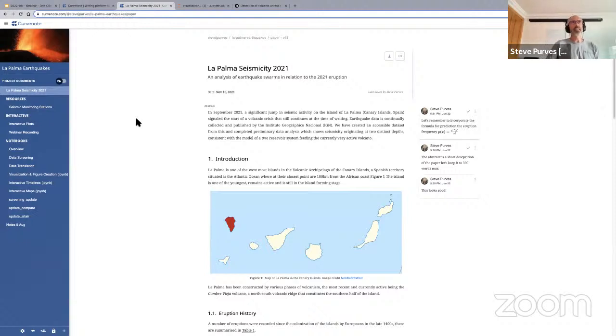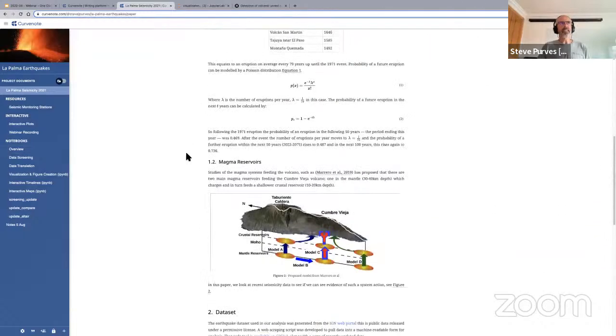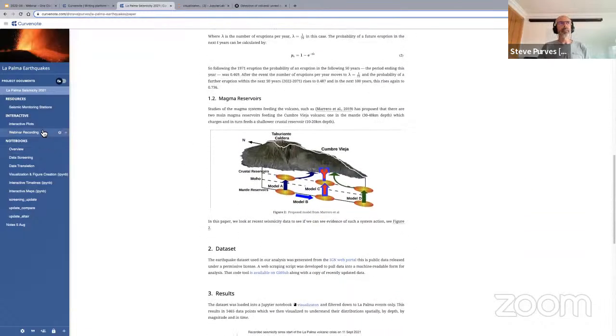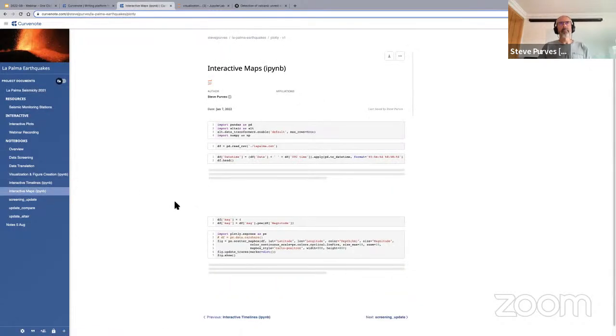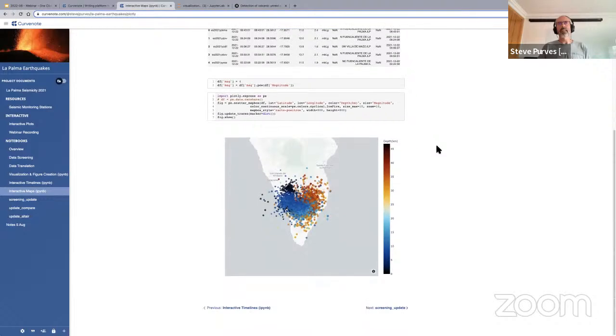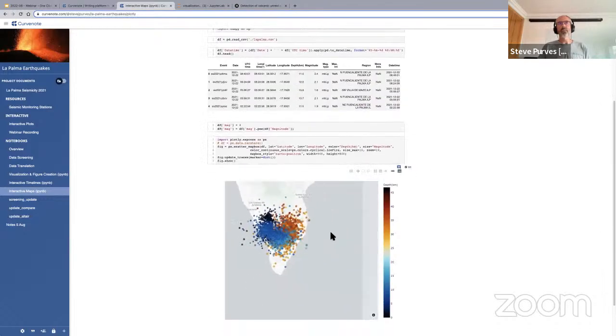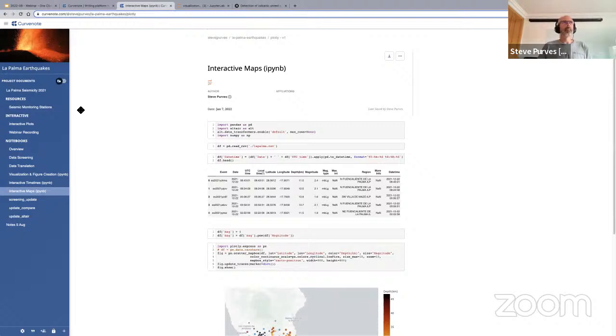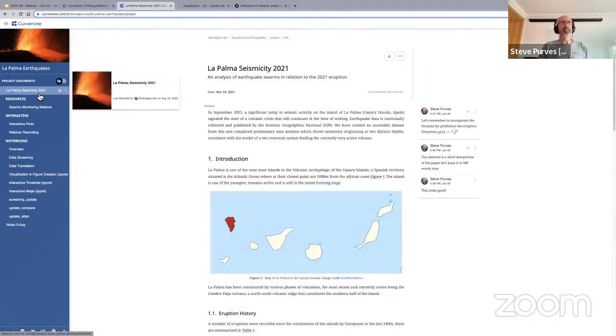La Palma project here, which I've used in the previous webinar. This is a project that I've built up over the last few months, since actually this time last year, when the La Palma volcano was erupting. It's comprised of a brief preprint, some additional documents, which we call articles in Curvenote, as well as a number of Jupyter notebooks, which are directly available in the Curvenote project as well. And if I just go back to this article here,